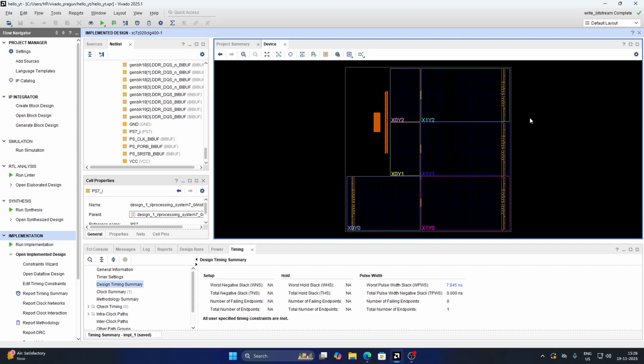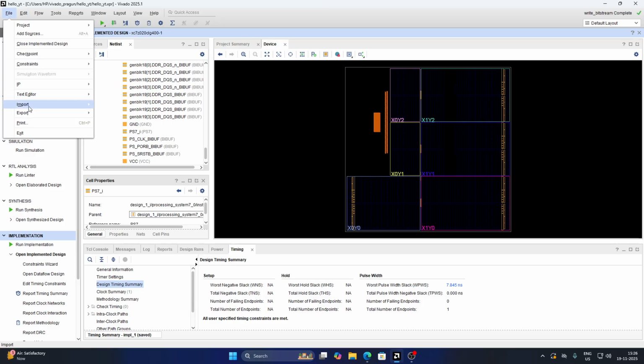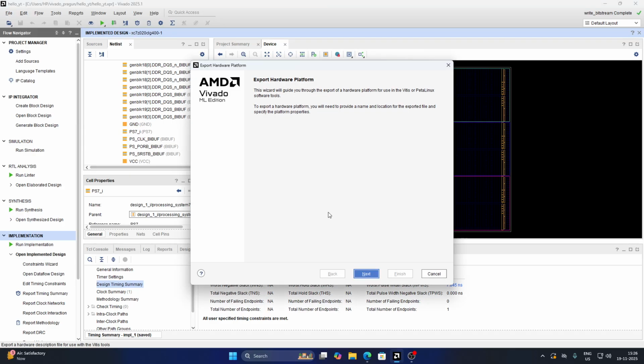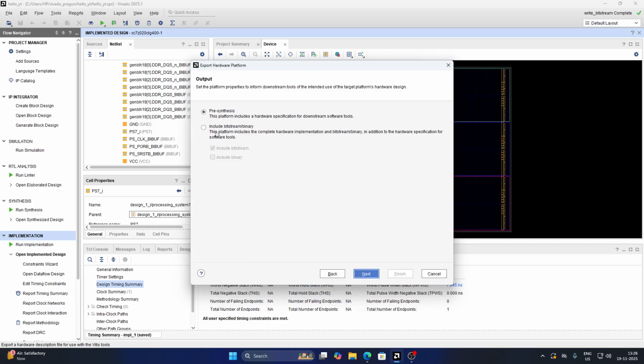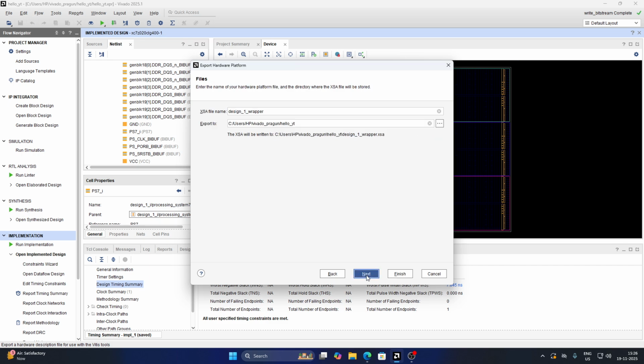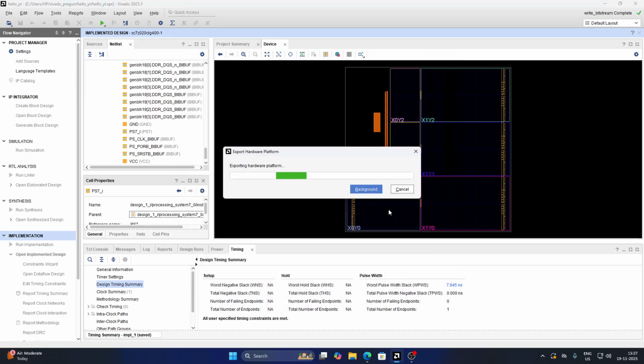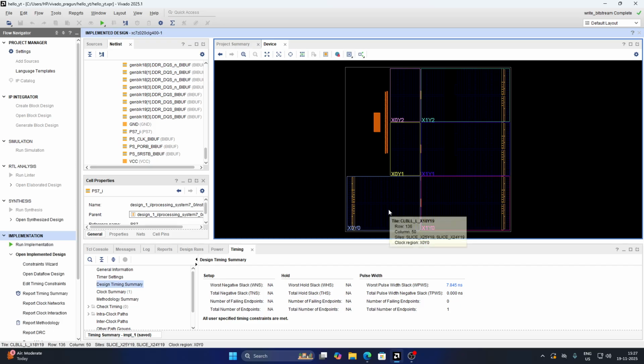Now, once your bitstream is generated, you have to go to the File option, Export Hardware. Next, include bitstream, don't include the binary one, include bitstream, design one wrapper, that is fine. Make sure your location is the same, next, and then finish. Now it will generate one .xsa file, that is the hardware file that we need in that